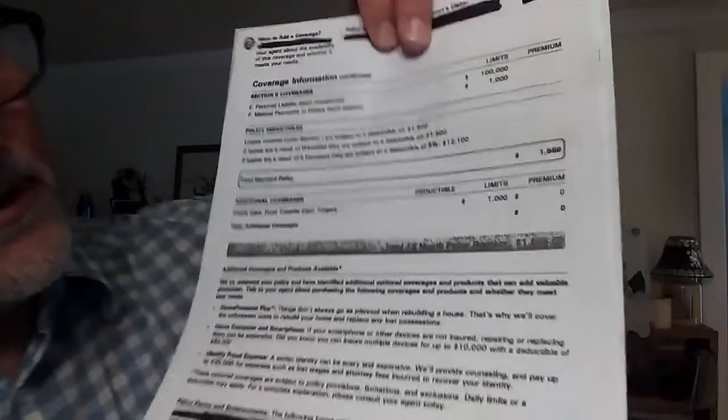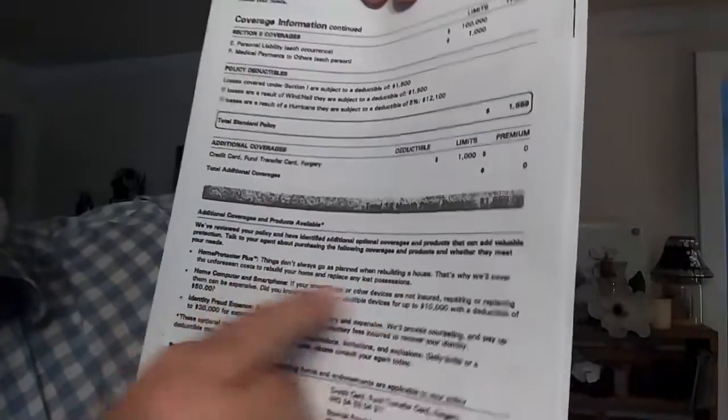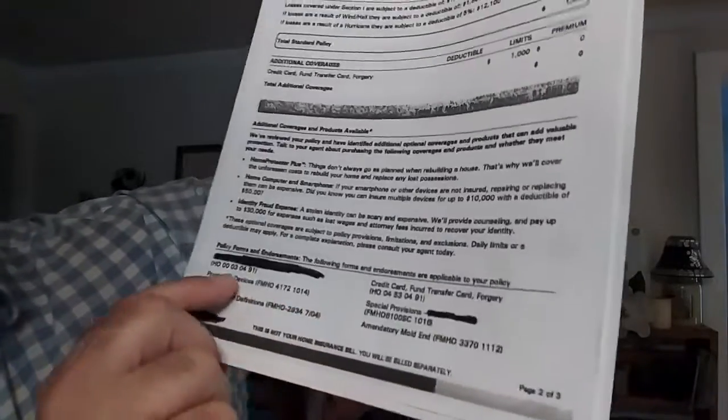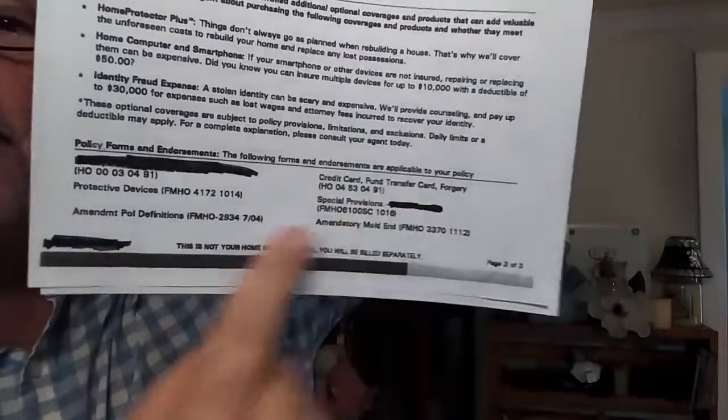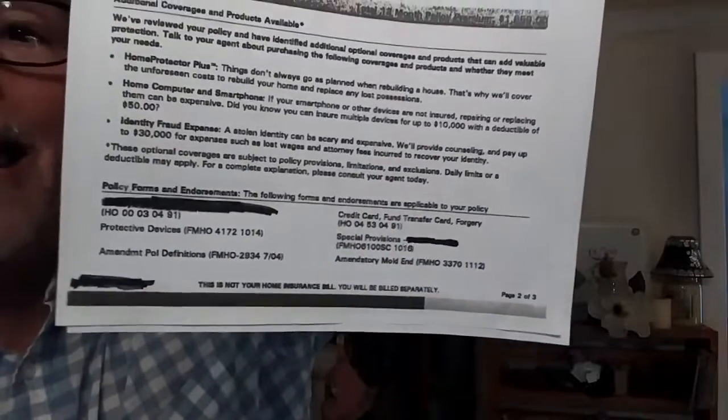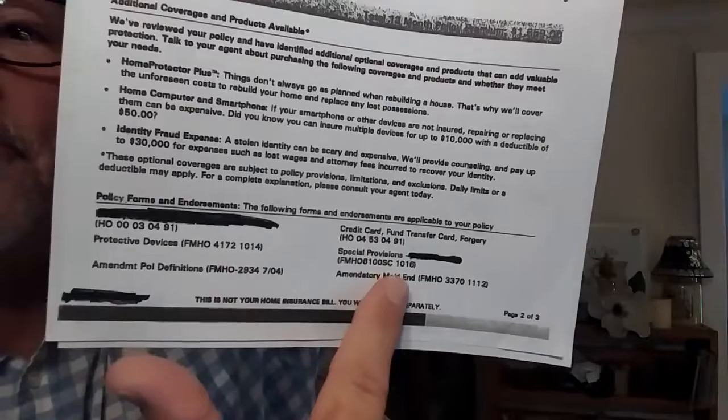So just coming to the end here, there's some other information, and at the bottom this is forms and endorsements. Now this is very important to look at too. Again, these numbers, I know what these mean. If I didn't, we'd have to try to look into some other things, or maybe get the homeowner to call the insurance company. But there's a lot of information that's passed on this declaration page, or pages, and it's important for you guys to look at that.